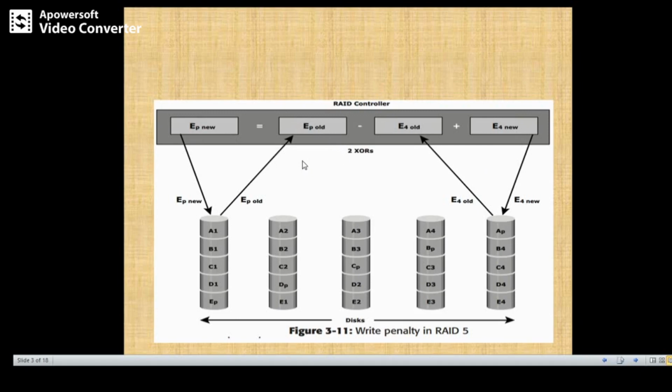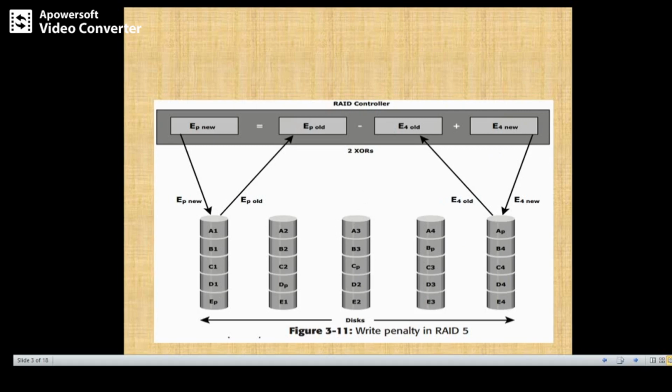How can I compute the new parity? EP new is equal to EP old minus E4 old plus E4 new. After computing the parity EP new, once again the RAID controller will perform 2 write operations onto the disk. The RAID controller will write the new data as well as the new parity.